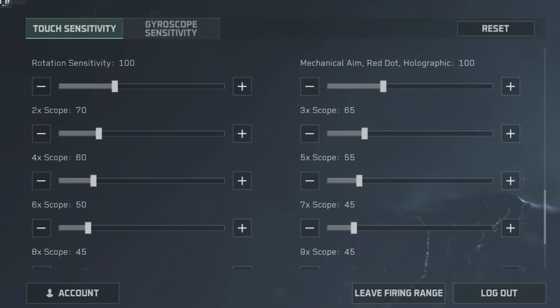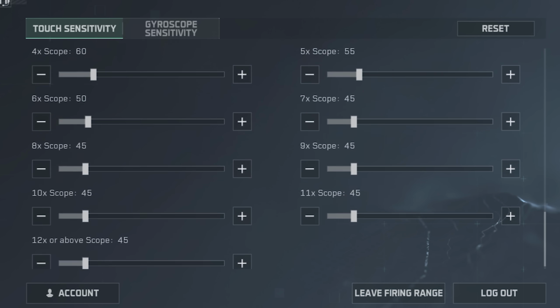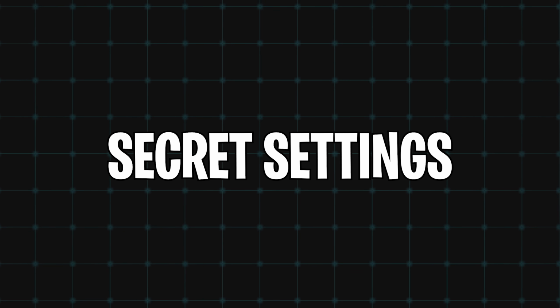And also here's all the firing sensitivity that you should be using, so feel free to copy these too. Again, we're also going to be decreasing these sensitivities as well because of all the scopes. But now let me show you 3 secret settings that I use along with these sensitivities to make my gameplay